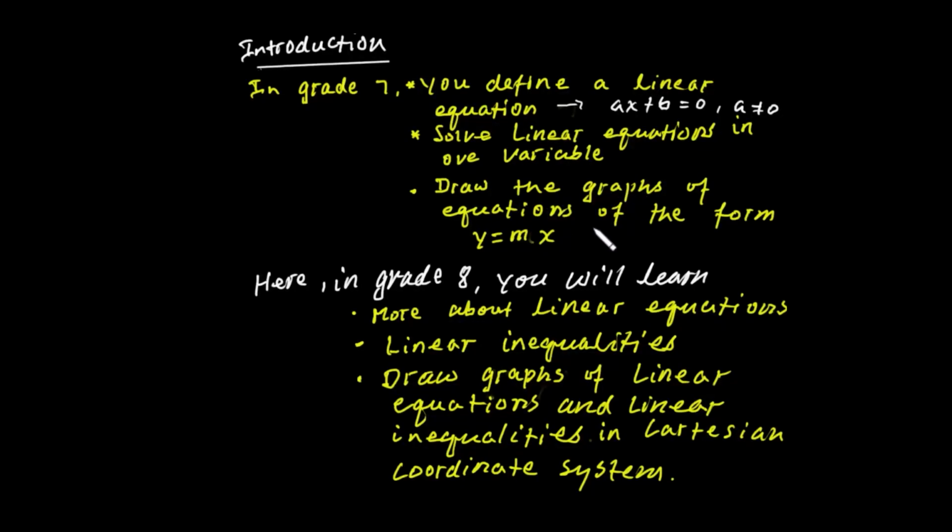ሌላው ከዚህ ጋር ተያይዞ you have also learned how to draw the graphs of linear equations of the form y is equal to mx, m slope እንደሚባል ወይም is a number that measures the inclination of the line፣ ስቲፕነሱን የሚለካ መሆኑን ተምራችሁ መጣችኋል። m ፖዚቲቭ ከሆነ እየወጣ የሚሄድ ላይን እንደሆነ፣ m ኔጌቲቭ ከሆነ as we go from left to right እየወረደ የሚሄድ ላይን እንደሆነ ተምራችሁ መጣችኋል።